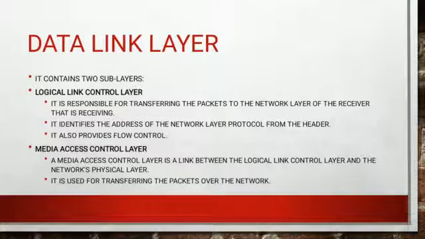Another sublayer is called the medium access control layer. So what is this medium access control layer? Whenever two or more stations want to access the system, due to the hidden layers, one system may unknowingly transmit data at the same time as another system. Two stations access the system at the same time, so a collision will happen. To avoid those types of collisions, this medium access control layer takes the responsibility. It is used for transferring the packets over the network.